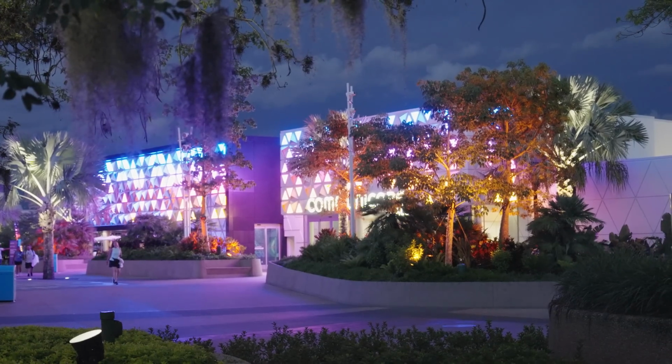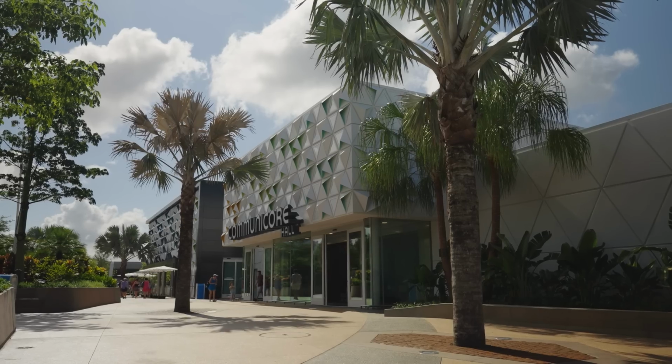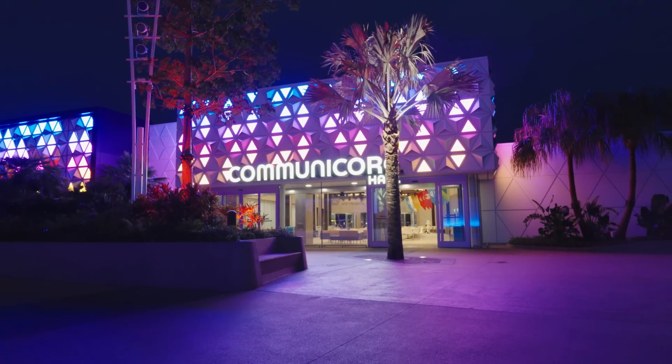We can do it all over again another decade later. I do believe that this building was the least amount of effort to meet the requirements that they needed for a show building, entertainment building, and a guest hall over on this side of the park. And I think that's inspiring because that thing would be so easy to replace if and when they feel like they need to. Nobody's going to shed a tear when this goes down,